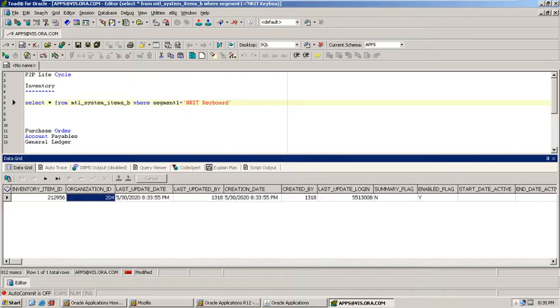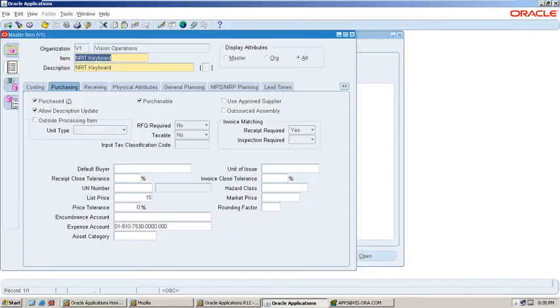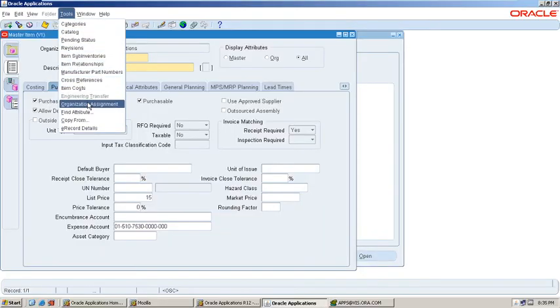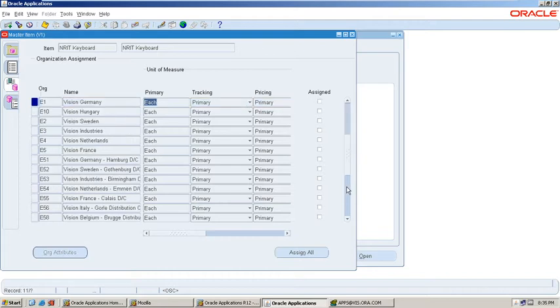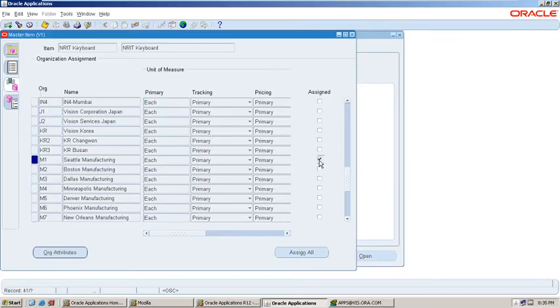Now we are going to assign this item to multiple organizations. Here, Tools, Organization Assignment, and then select any other organizations. I'm selecting another 3 organizations for this, and then click on the save button.